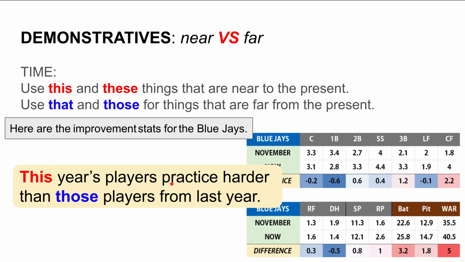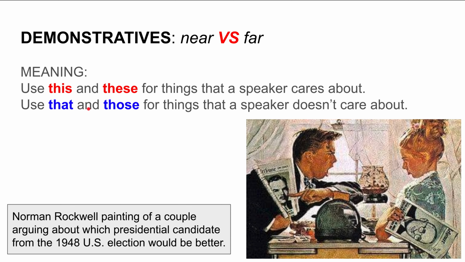This year's players practice harder than those players from last year. Here this year is referring to the present year, so it uses this, okay? And those players from last year is far from the present, okay? So we say those players, all right? So to summarize, this and these, things near to the present, that and those, things that are far from the present. Okay, moving forward. In terms of meaning, we use this and these for things that a speaker cares about,